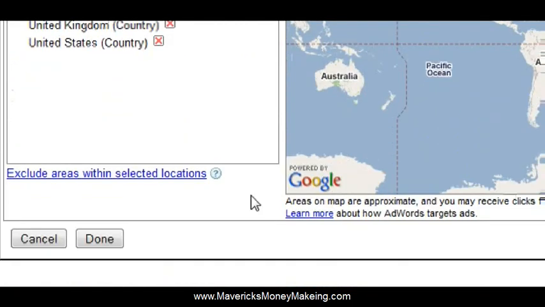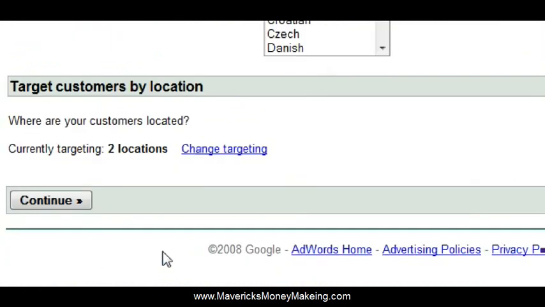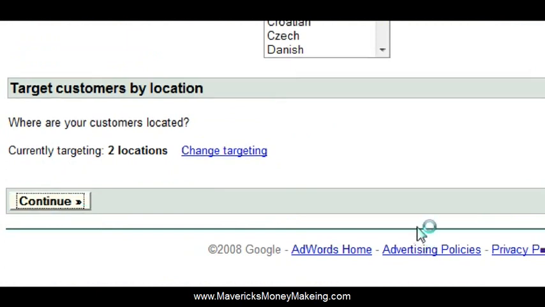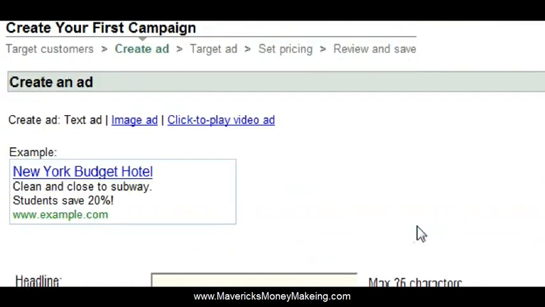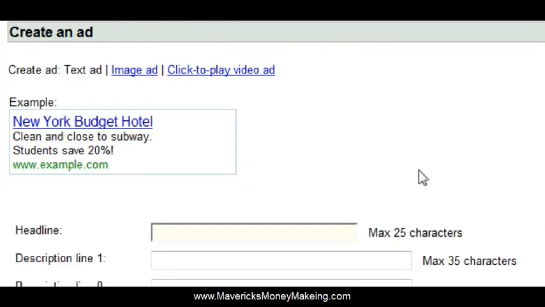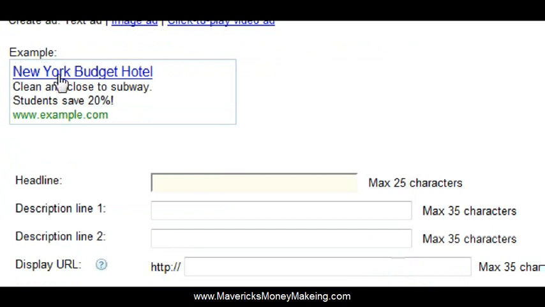But okay, enough of that. I'm just going to hit done, and now you can see that currently targeting is 2 locations. All right, so I'm going to hit continue because now I'm targeting English-speaking people in the United States and United Kingdom. Perfect. So now I'm going to create an ad, and this right here is an example of what your